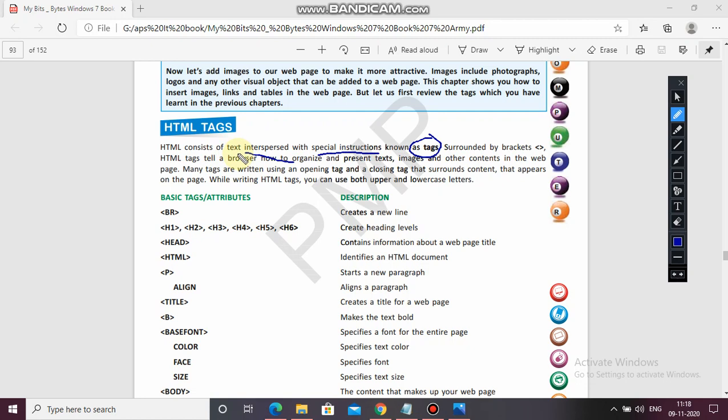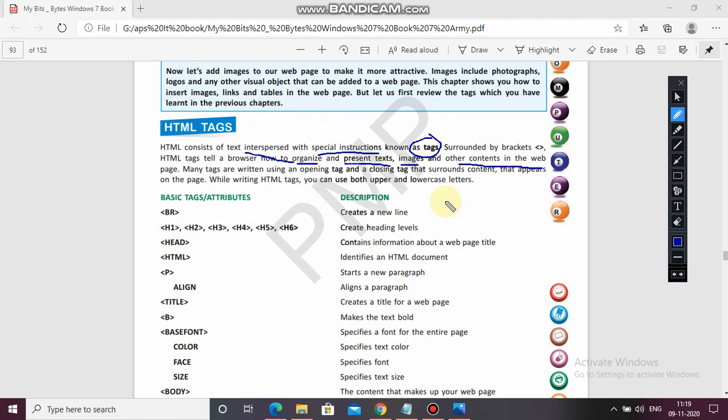The tags are fitted between the text, whatever the text is written. Surrounded by brackets, HTML tags tell a browser how to organize and present text, images and other contents in the web page. It means these tags tell the browser to organize and present the contents in a well-organized way.